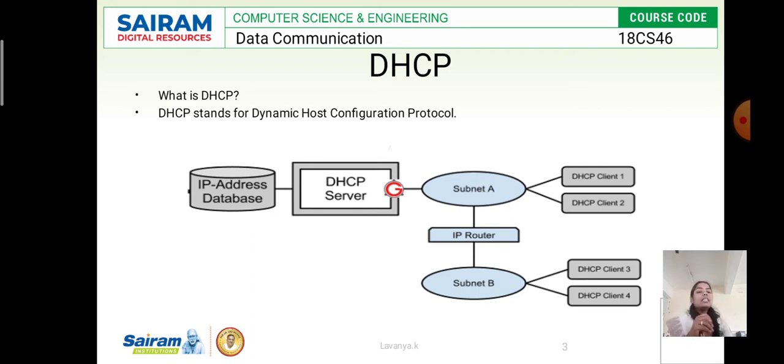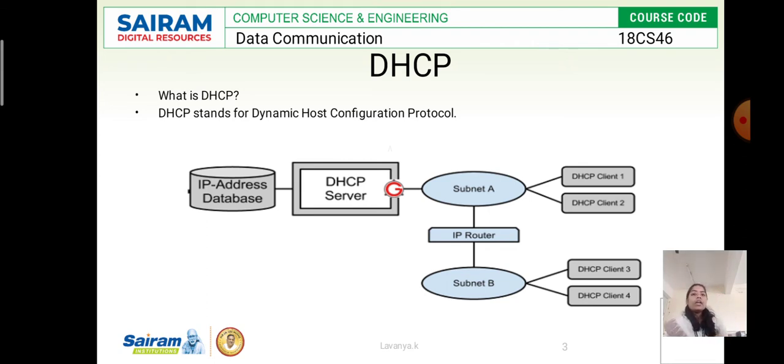Whenever the client sends data, it has to use class A, class B, class C or class D address. Based on that subnetting address, it is sent to our dynamic host server. The server sends it again to the IP address database, because whenever we want that particular IP address, we can retrieve it from the database. This database works as a backup device in the DHCP diagram.